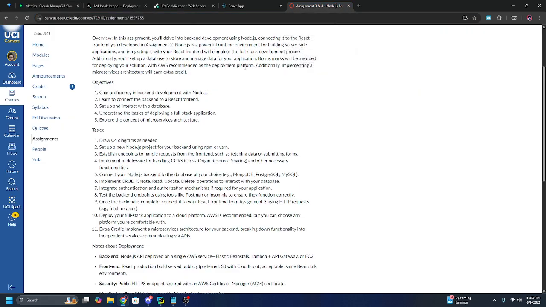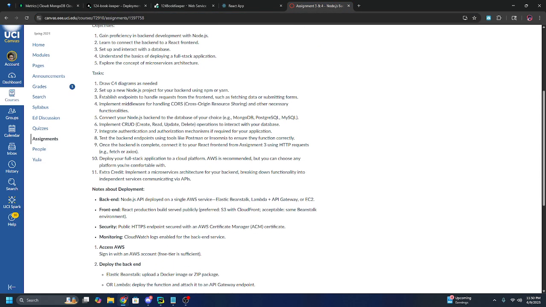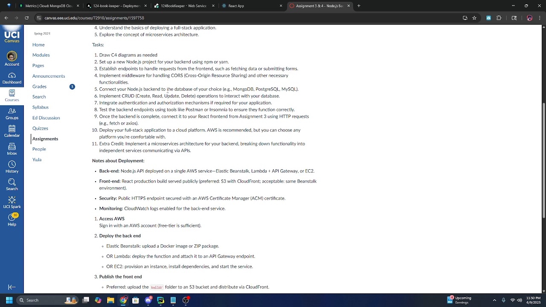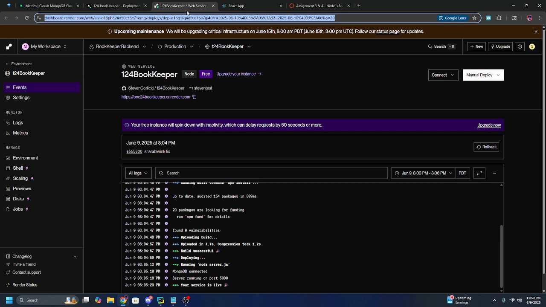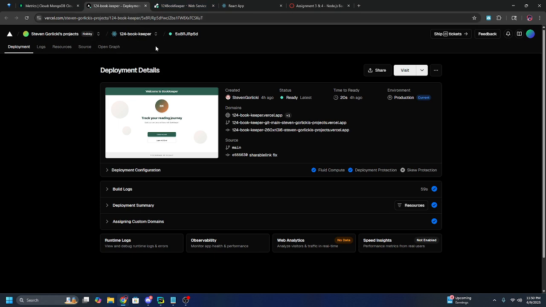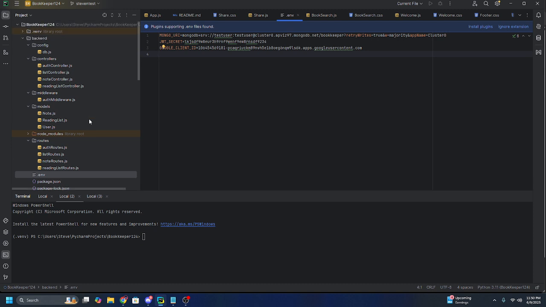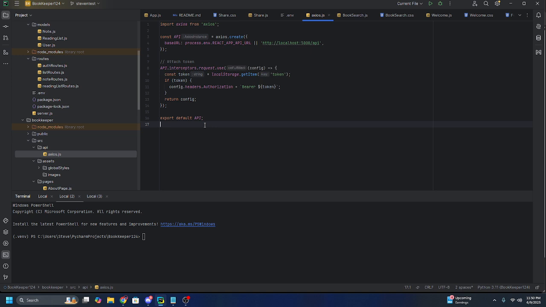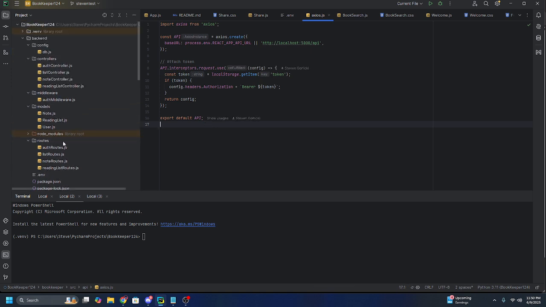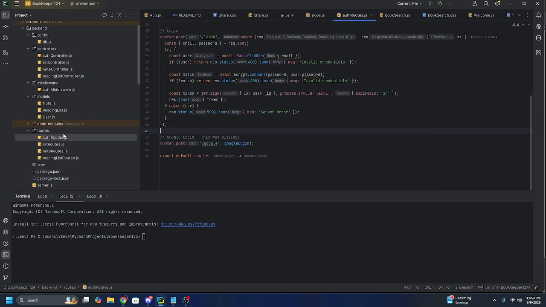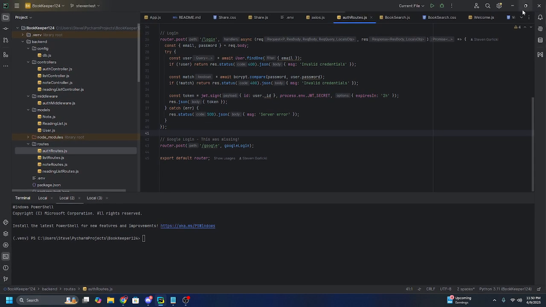So just to look at the requirements real quick to show the task we completed, we started with Node.js. We did front end with React, and then our back end we used MongoDB. As far as posting it to the web, we decided to not use AWS just because it was a lot easier to use Render for our back end and then Vercel for our front end. And then just as our background for our code, I used Axios to connect the front end and back end, and then obviously we have everything else. But to show the website,